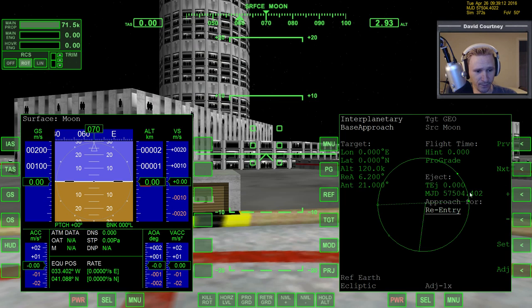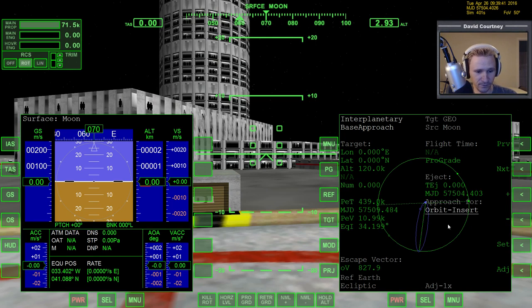I'm going to change the type of approach to Orbit Insert, which basically gets rid of my other option. The way I did this with Dimitri was to come to the hint, and we would add in enough time on the hint to give Interplanetary MFD an idea of how quickly we wanted to get back to the Earth. I noted that when I changed over to Orbit Insert, that option's gone, so I don't have to worry about it. With Orbit Insert, it does give me an idea of where I will end up on Earth with regards to my latitude and longitude,